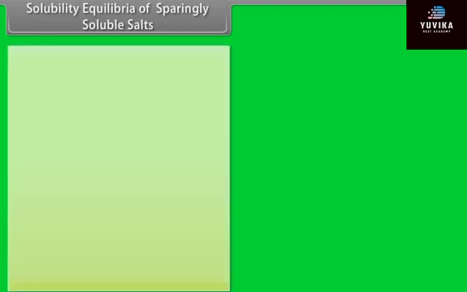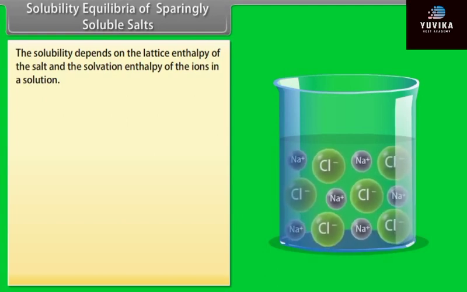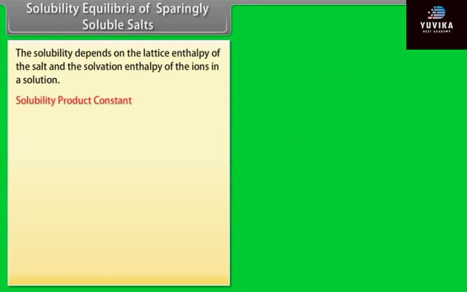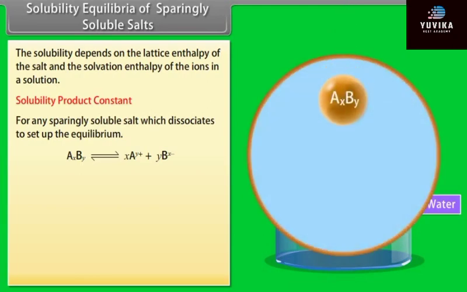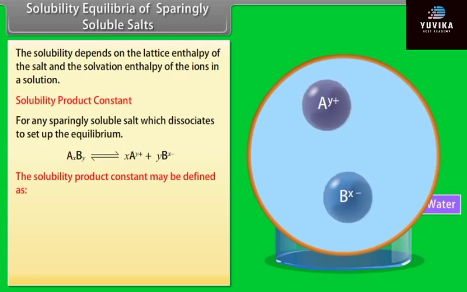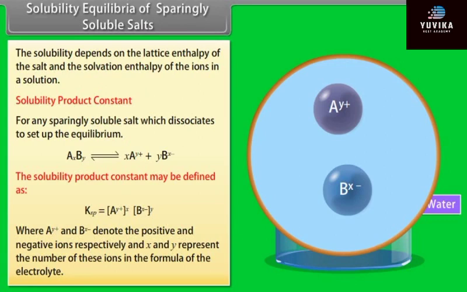Solubility equilibria of sparingly soluble salts. The solubility depends on the lattice enthalpy of the salt and the solvation enthalpy of the ions in a solution. Solubility product constant. For any sparingly soluble salt which dissociates to set up the equilibrium, the solubility product constant may be defined as the concentration of A^y+ raised to the power x into the concentration of B^x- raised to the power y,